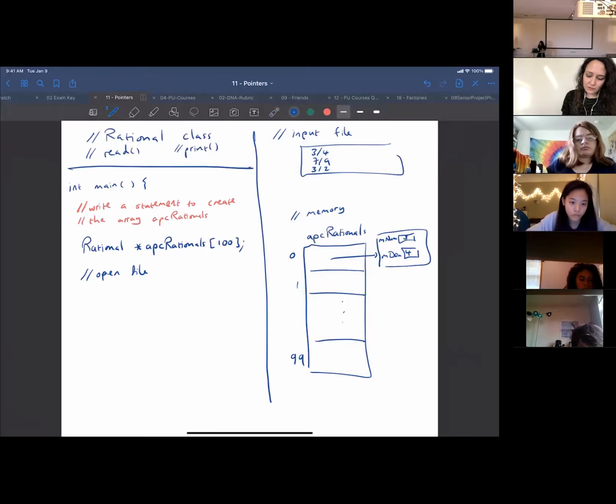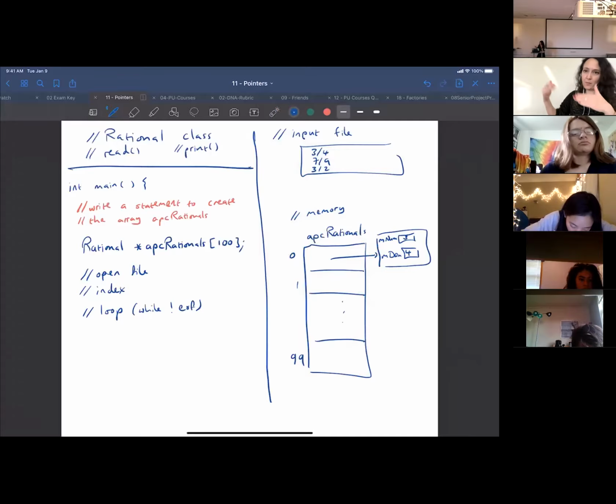I'm going to have my index, which is going to start at 0, and then I'm going to go through it. Then I'm going to do a loop, which basically says while not end of file. This is pseudocode, right? But while we haven't reached the end of the file, then what we want to do is go into